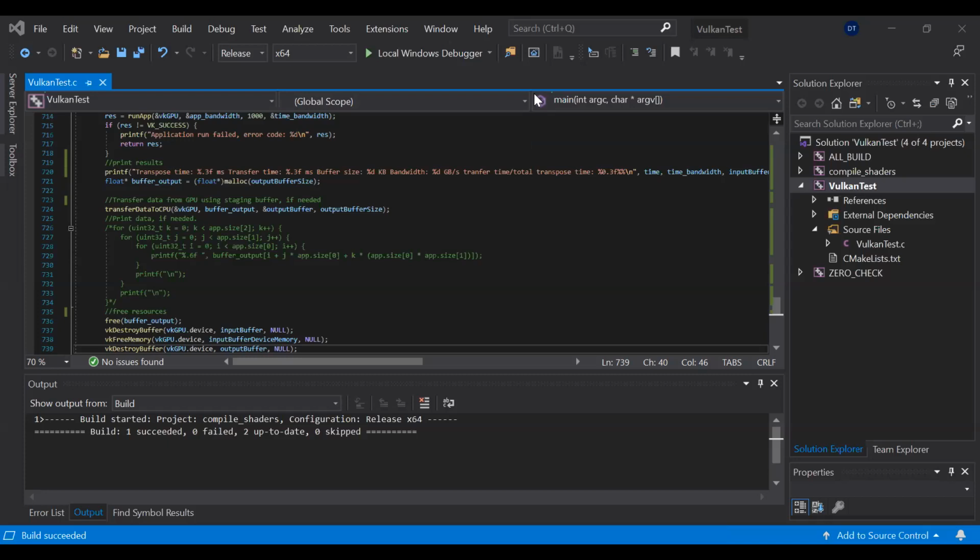So the bandwidth measured is really close to the theoretical bandwidth you can get on the RAM on this laptop. And as you can see here, the overall time compared to the total transpose time is close to 100%, which shows that most of the time is taken by the